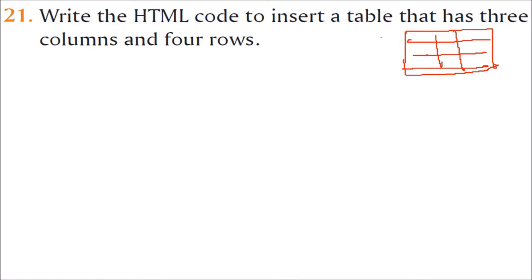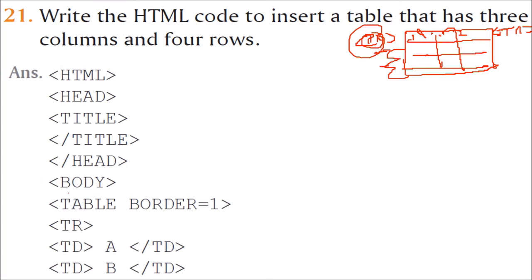So first of all you have to give TR. How many TRs will be there? This is 1 TR for 1 table row. So 1, 2, 3, 4: 4 TRs will be there, and this TD will specify the column. How many TDs will be there? 1 TD, 2, 3. So inside 1 TR you will have 3 TDs. Similarly, you will repeat it for the coming 3 rows.